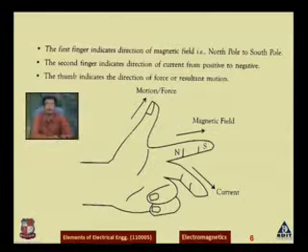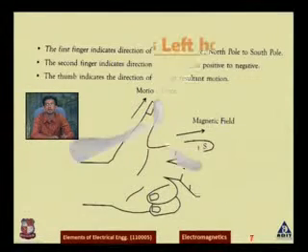Now if I reverse the direction of the current or the magnetic field, what will happen? The motion of force will also change. But if I reverse both, then the motion of force will remain as it is. So you should keep this in mind whenever you apply Fleming's right hand rule: if I change the direction of either current or magnetic field, the motion of force will change, but if I change both at a time, the motion of force will not change.